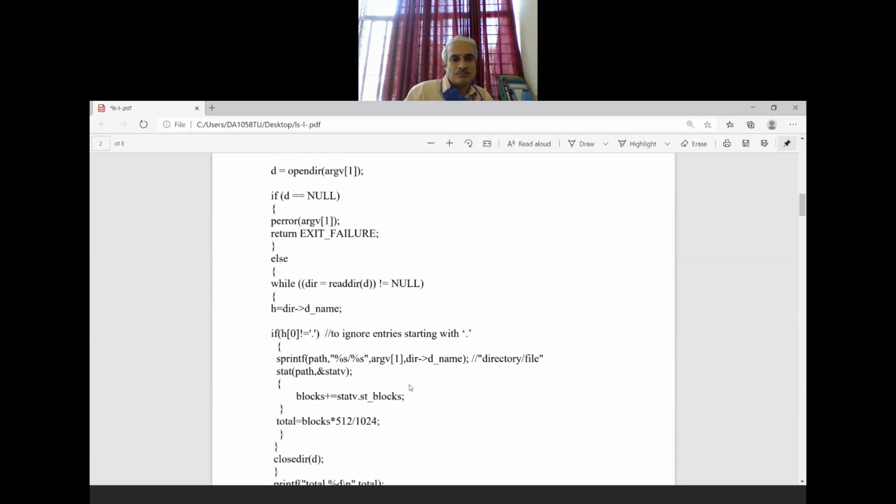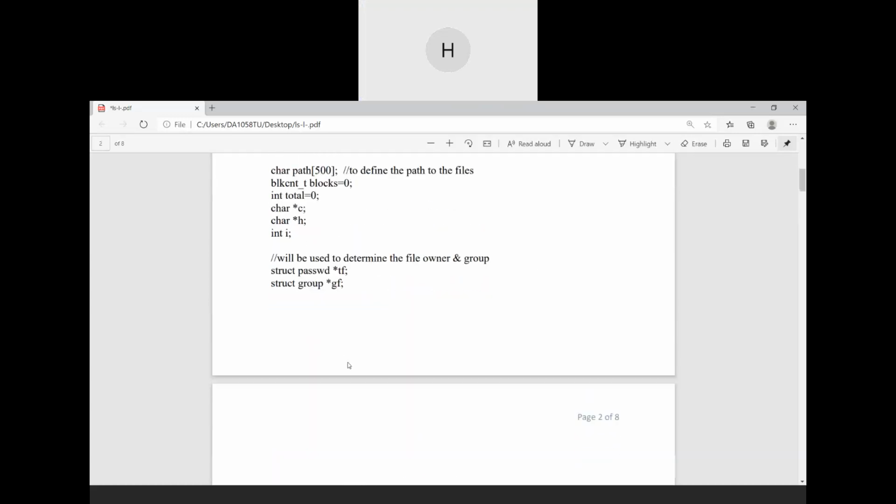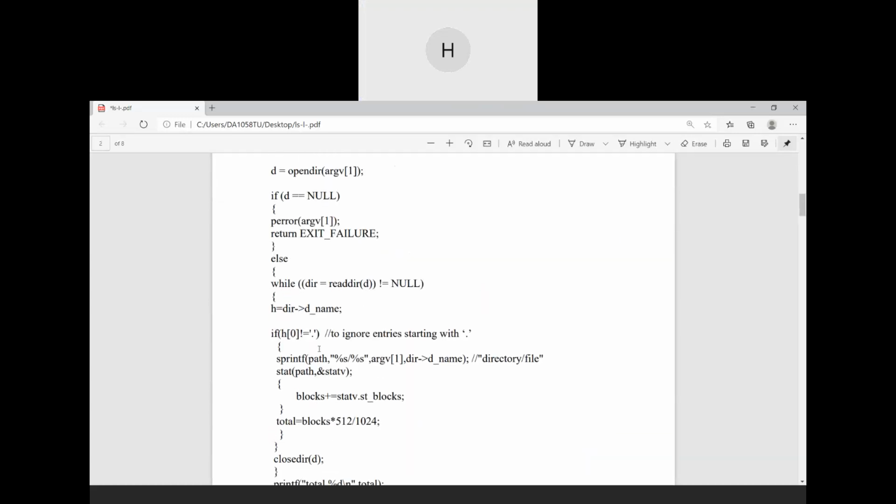I'll first begin with this part, and then later I'll come to the calculation of how we calculate the total.